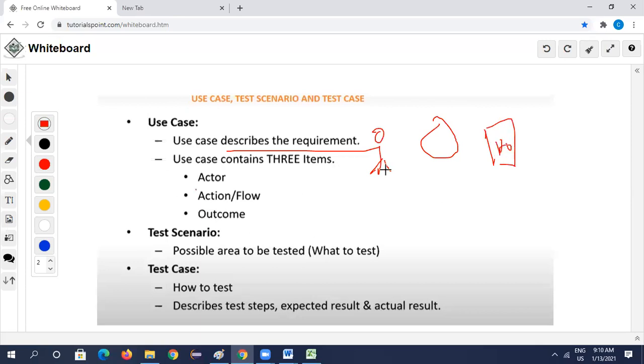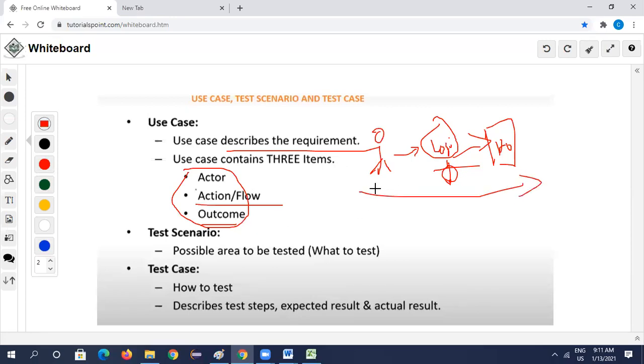So here the actor is the person, the action is the login functionality we are testing, and the outcome is the home page. These three are the items of the use case. In this way, in pictorial description we describe the requirements, that is called a use case.